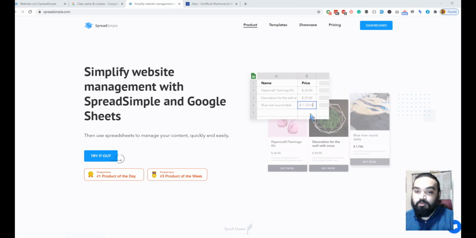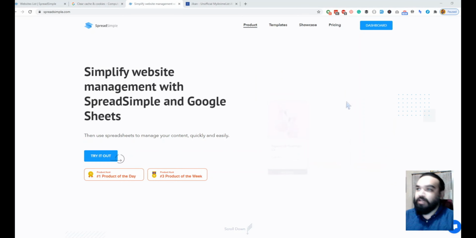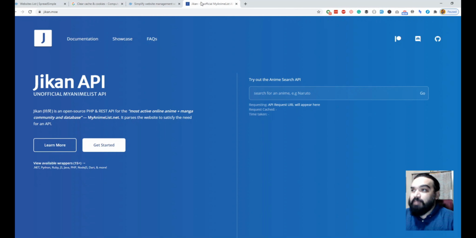In this demo, what we are going to do is use an API, which is an anime API, which gives different series, or basically the